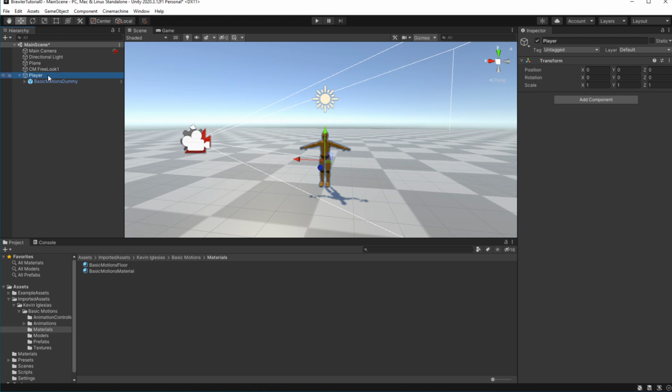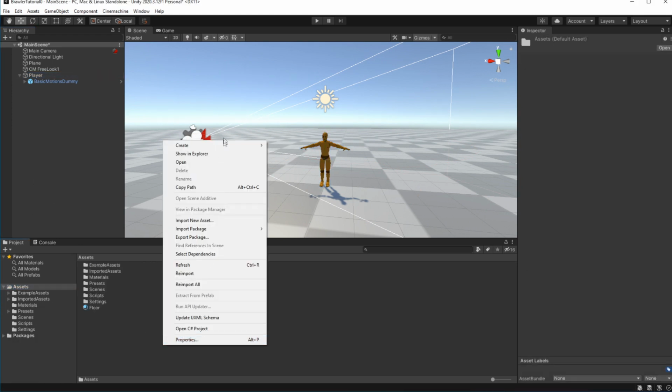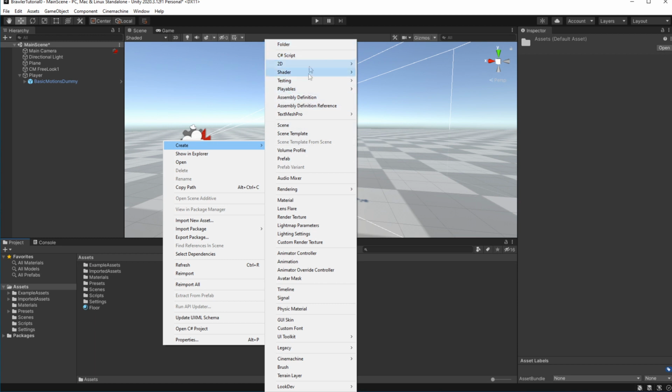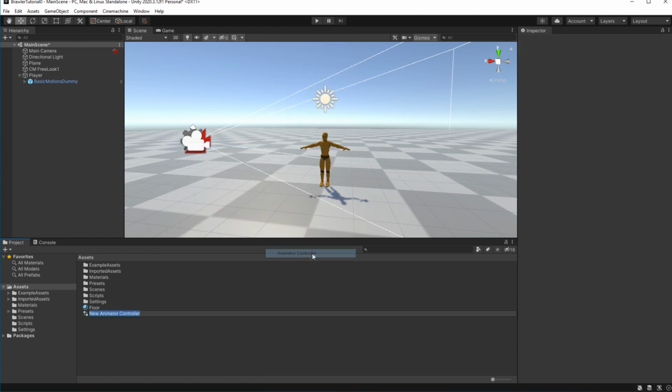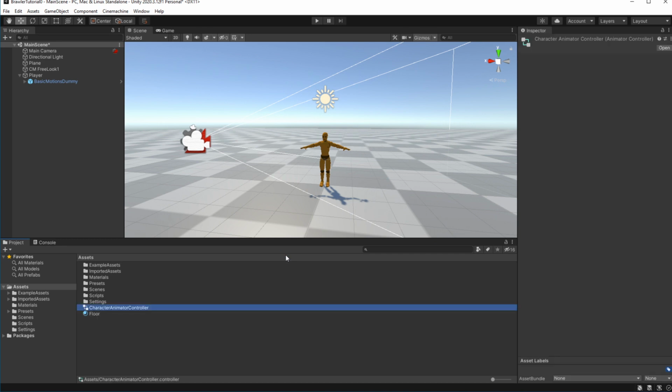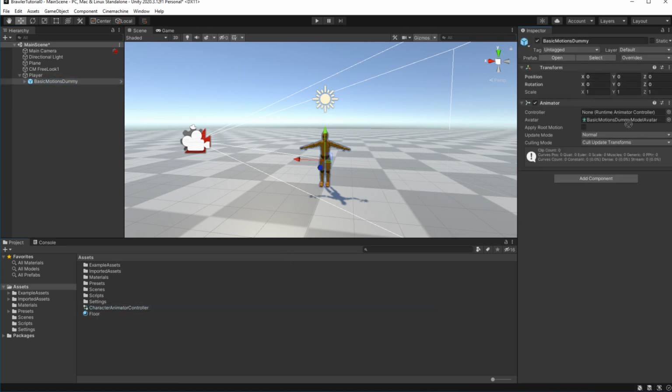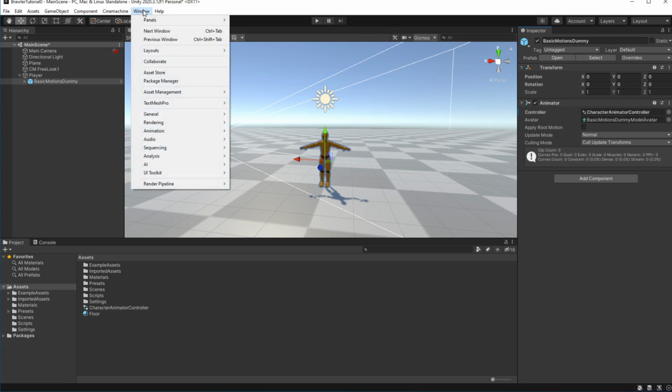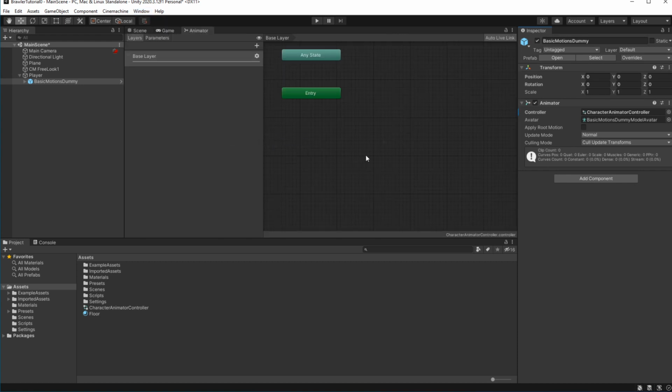Good. Now let's create an animator controller for our character. Reference it on the character animator. Now open the new window called Animator in the Animation category.